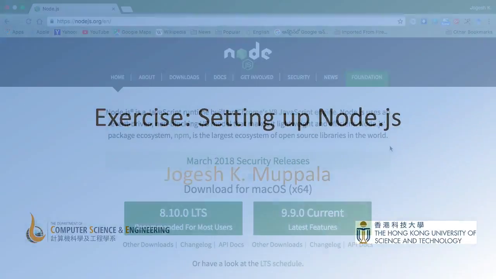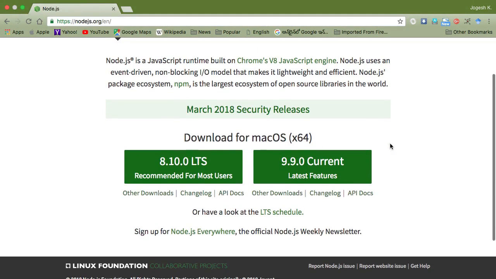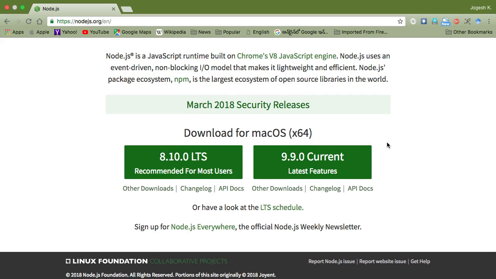So are you all excited and rubbing your hands eagerly to get hold of Node.js? You don't need to wait for too long. Let's just head over to nodejs.org and get hold of Node.js. In your browser, head over to nodejs.org, and as you browse down, you see the download buttons for Node.js for